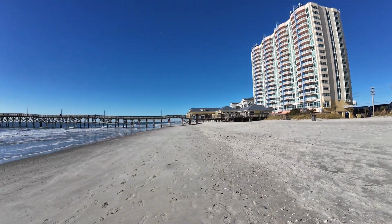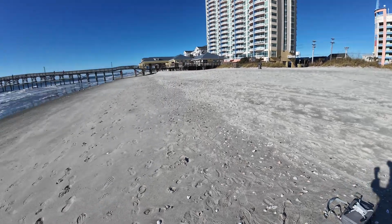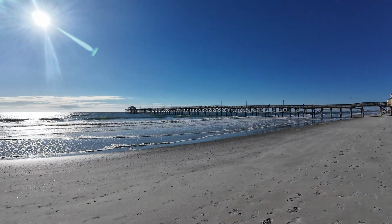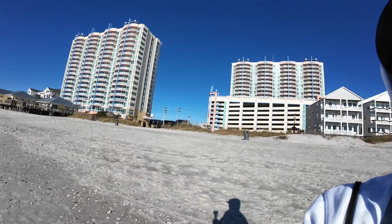And so was really just wanting to get the drone out and fly around a little bit there and get some updated views and pictures of it, and try to see the then and now, I guess you would say, from the hurricane damage to today,